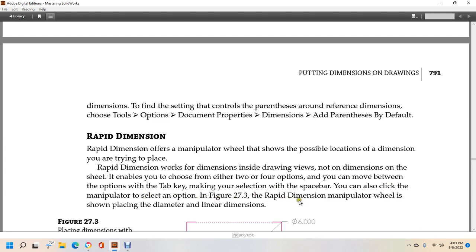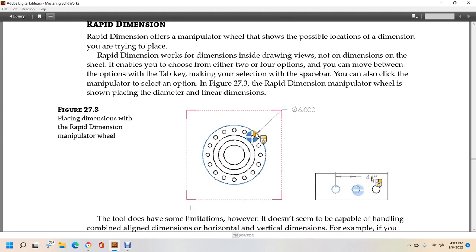Figure 27.3, the rapid dimension manipulator wheel, is showing placing of the diameter linear dimension. Figure 27 shows placing a dimension with a rapid dimension manipulator wheel. It shows the little square right there, showing a diameter of 6, and then over here spacing